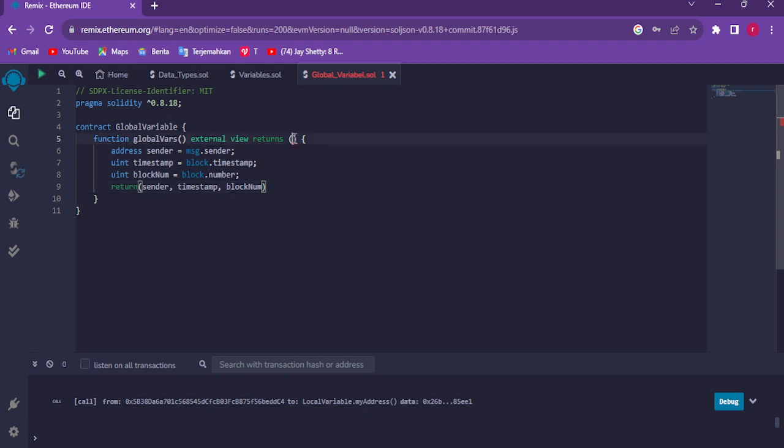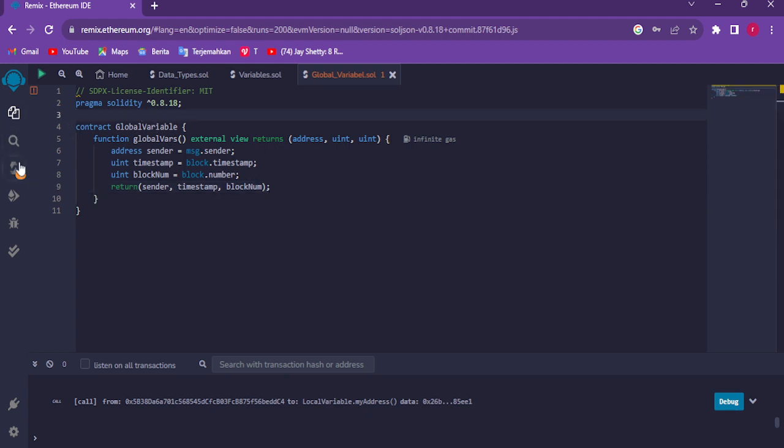Don't forget, in these parentheses as well, you have to fill them with the types of the variables inside of the global variable function. We have to fill it with address, and then uint for timestamp, and then uint for block number. Oh, sorry, we have to fill in the semicolon over here,